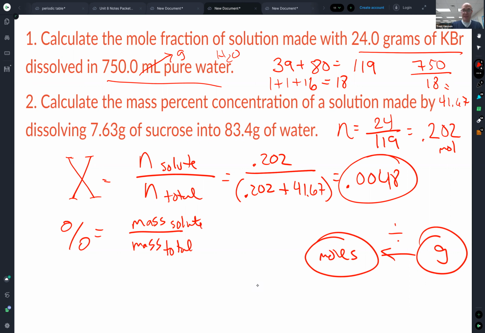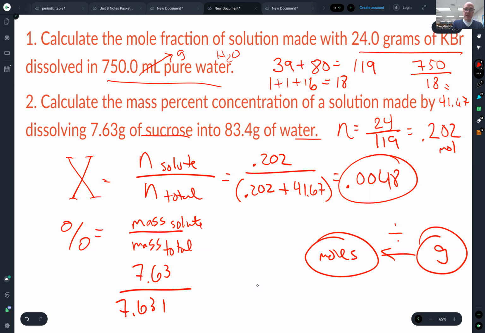So it's an easier process. We don't even need to know what the formula for sucrose or water is. So I will do 7.63 divided by parentheses 7.63 plus 83.4, close those parentheses, and you end up with